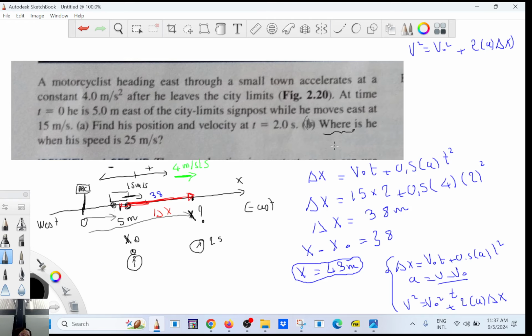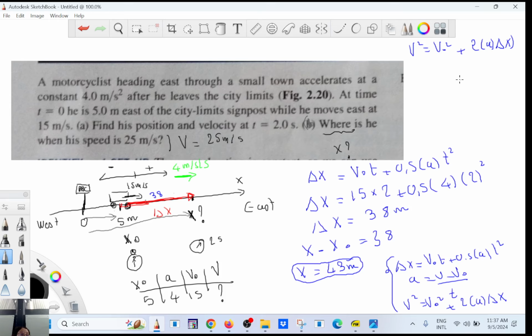So that means find the position when his speed is 25 meters per second. You translate that meaning the final speed is 25 meters per second. And you start your stopwatch here. Initial position is 5 and acceleration is 4. Initial velocity is 15, and then you want the final velocity. You have different ways to do it. If you use this,